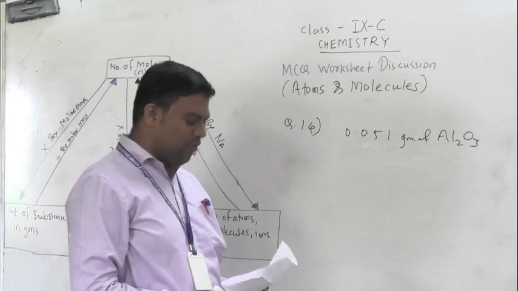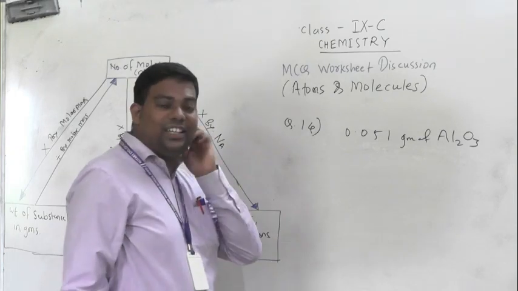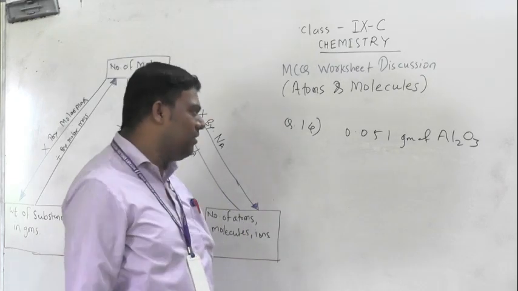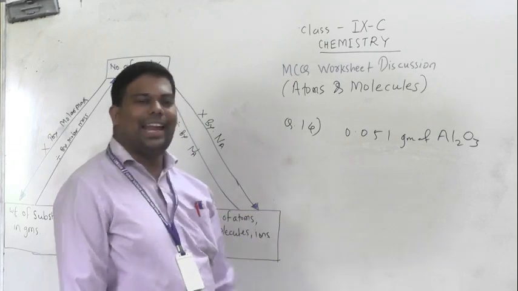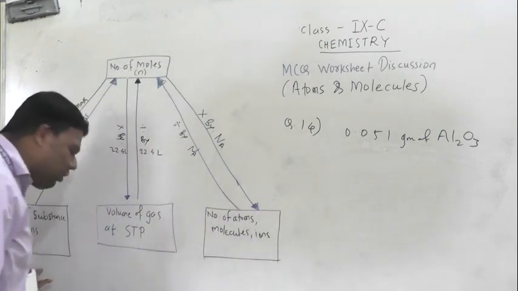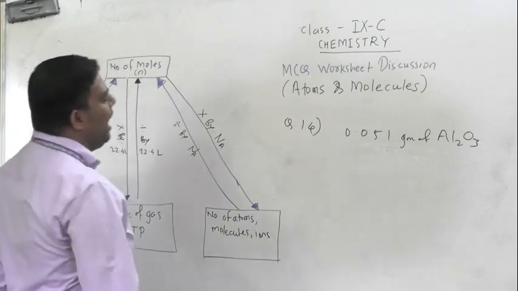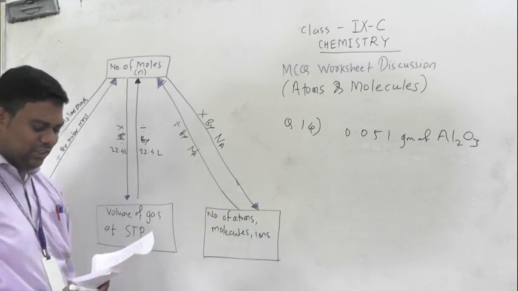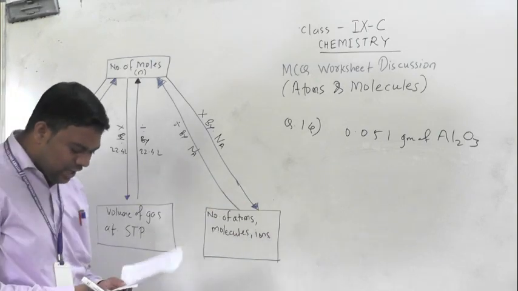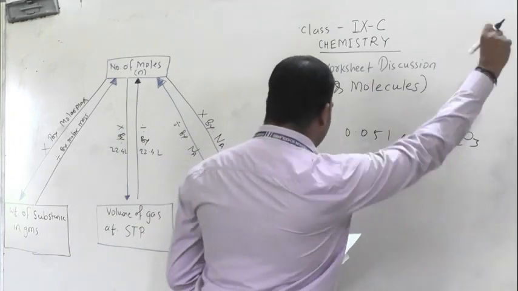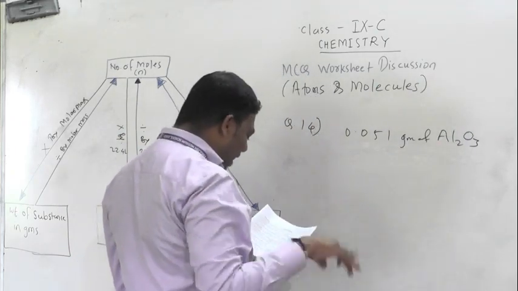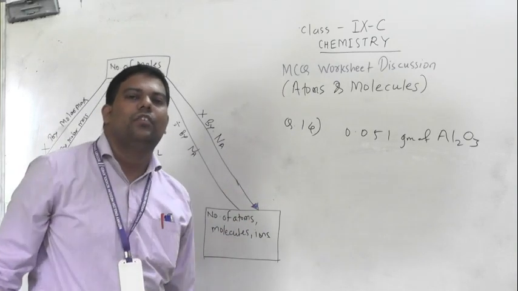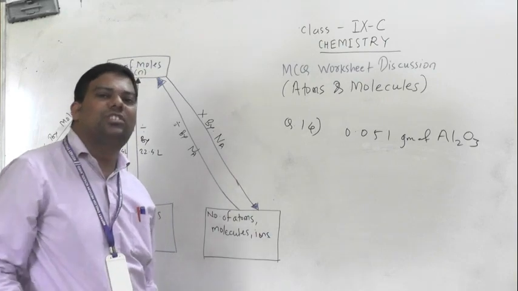Okay, so one quantity is given already. That quantity is what? 0.051 gram. It means the weight of the substance in grams is given, and first you have to calculate the number of moles, then we can calculate the number of grams. Okay, so see here, what is your answer? They only want the number of grams, so no need for a particular number here, because you have to calculate only the number of moles in grams.